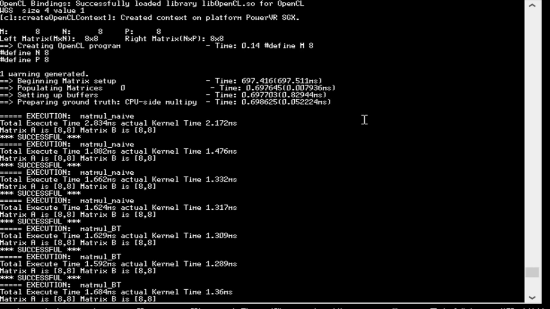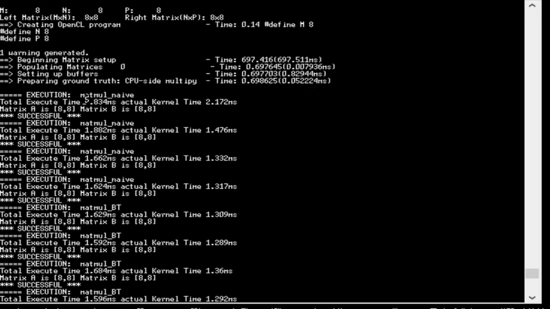Scrolling back through the results, we can see the various timings that were used to generate the information in the document. The first thing the log shows is the value of m, n, and p that are being used. So in this case it is 8, 8, and 8. For reference, it then shows the timing of the optimized ARM Neon implementation of the multiplication, which in this case